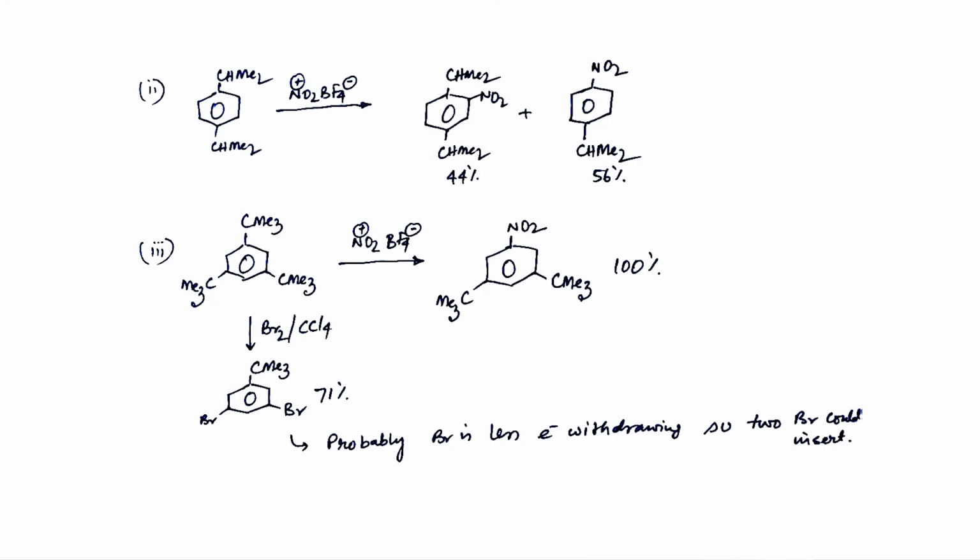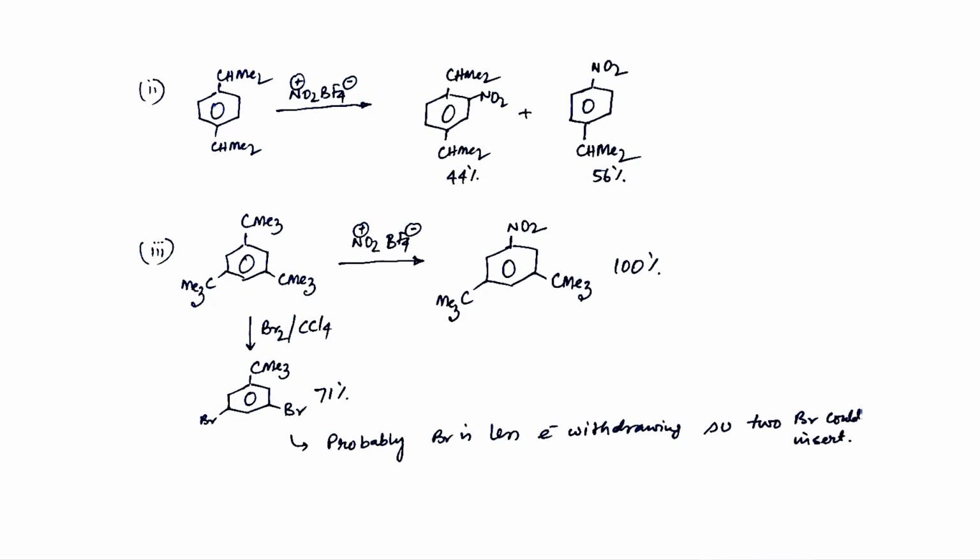The moment a nucleophile attacks one bromine, the other bromine goes as Br negative. So one bromine is Br positive, another bromine is Br negative. Until and unless you oxidize that bromide with something else, that bromine is not available to you anymore. So one Br2 molecule can provide only one bromine, correct? Yes, sir.